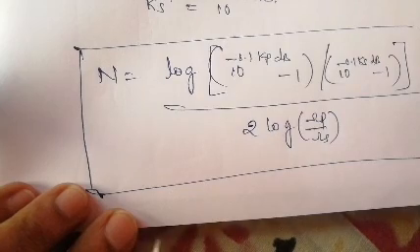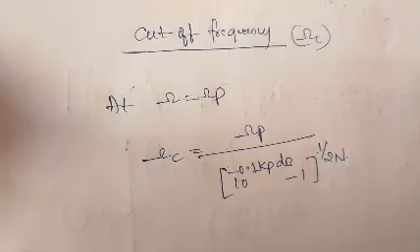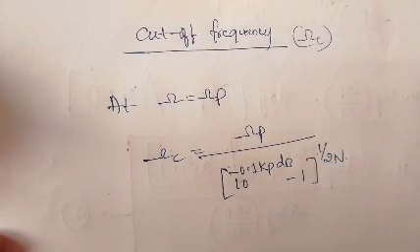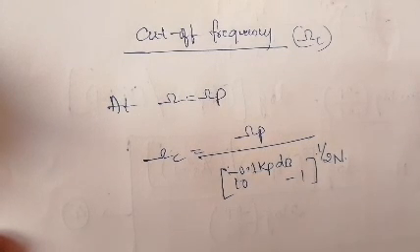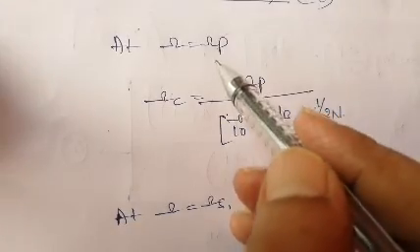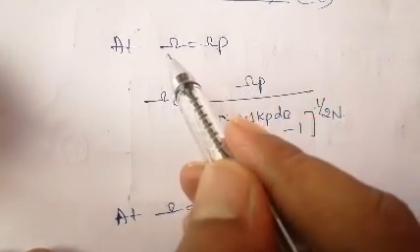Next we will discuss how to find the cutoff frequency. So, calculation of the cutoff frequency for the Butterworth filter. Similarly, as we did for finding the order of the filter, we consider two cases. Given frequency omega equal to the pass band frequency, the respective gain becomes kp, and given frequency omega equal to the stop band frequency omega s, the respective gain is ks. With the help of those two cases, we calculated the order of the filter, as well as represented the order of the filter in decibels.